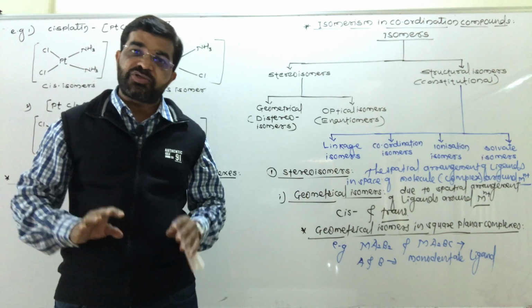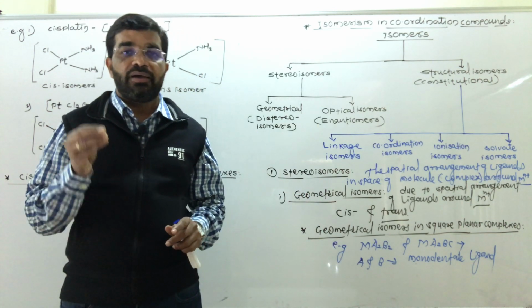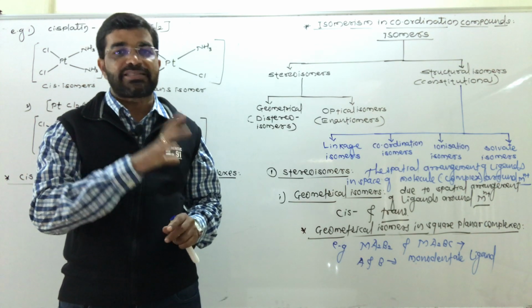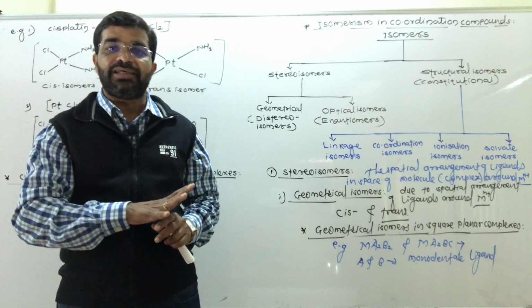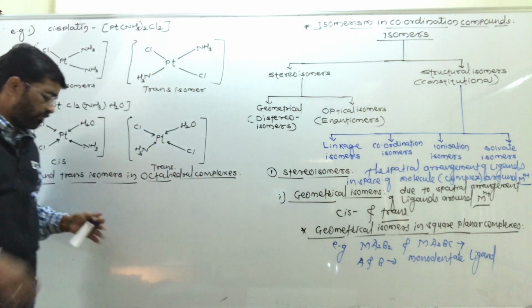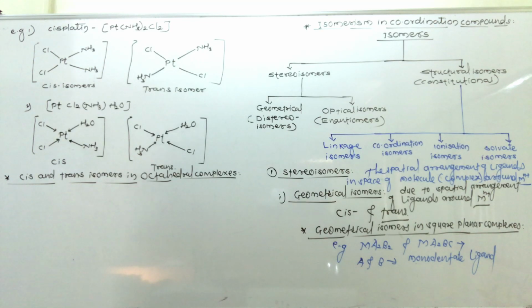Generally how they are represented, after that we will take specific examples and then we will show the cis trans isomers in those octahedral complexes. So see, first type, it is of MA4B2 type,